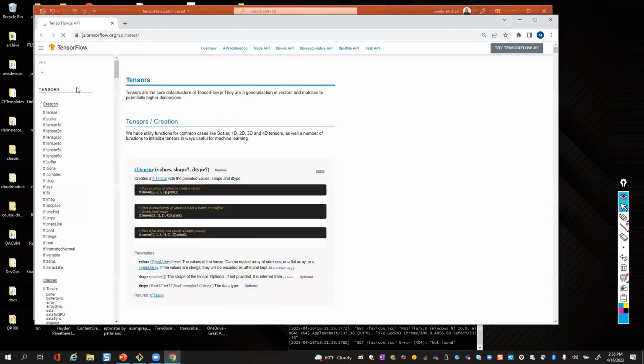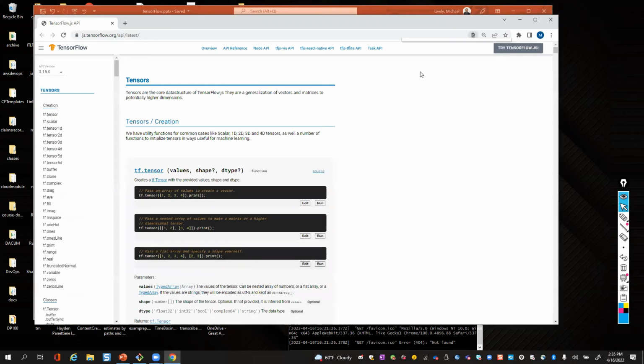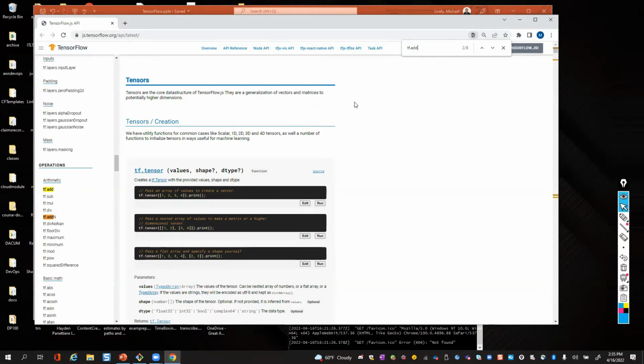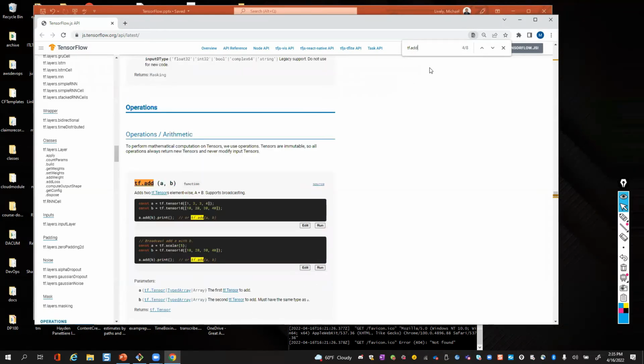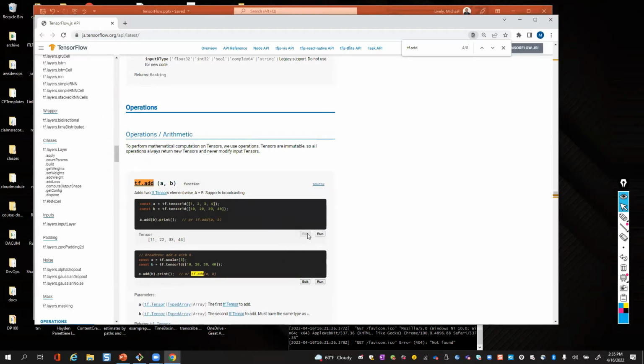these are all the commands that TensorFlow will do for you, okay? But as you scroll down, let's go specifically to add, for example, tf.add. In these particular examples, there's edit, and then there's run, which is, wow, what does that mean? That means I can actually edit and run these. So if I want to add these two tensors together, I hit run. I just added them together. If I want to edit, say I don't want to add 1 to 10, maybe I want to add 100 to 10. I can put 100 and run it again, and I get 110.